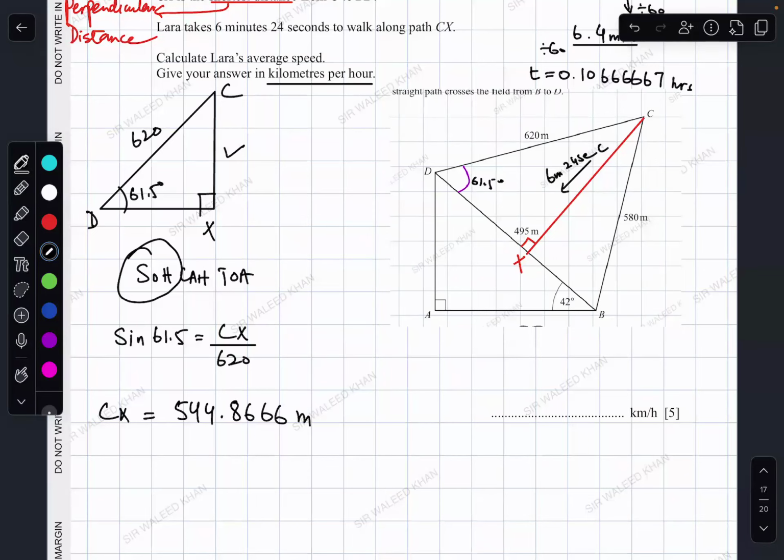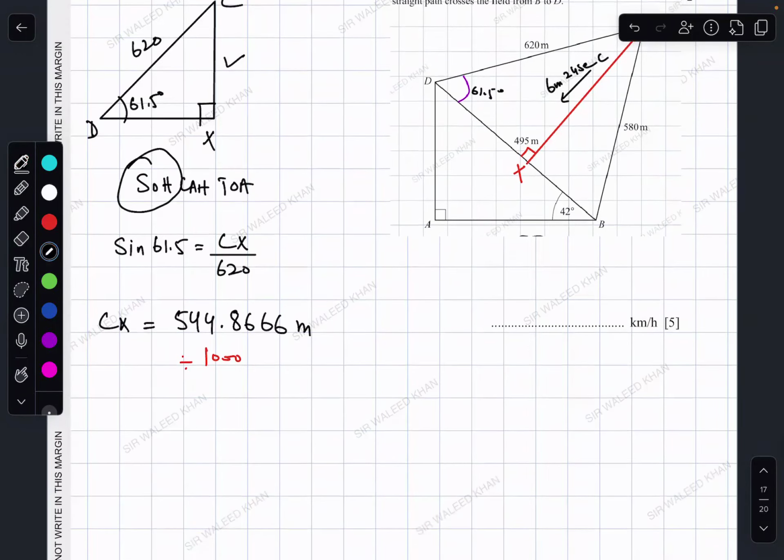I have to convert it into kilometers, so divide this by 1000. Okay. Divide this by 1000 and we are getting 0.5. Take as many decimal places as you can. CX will be 0.54487